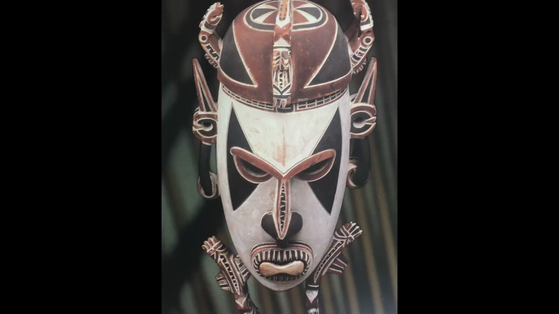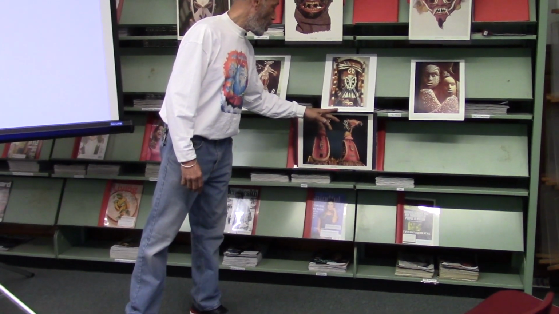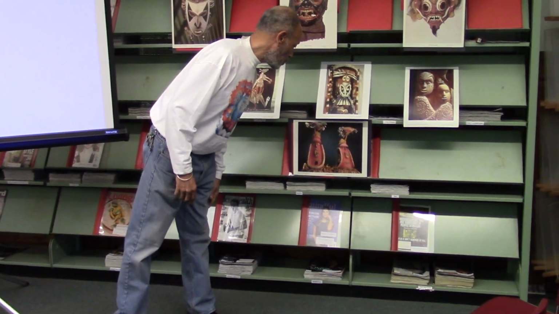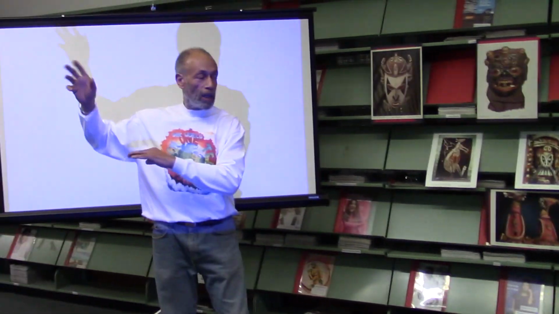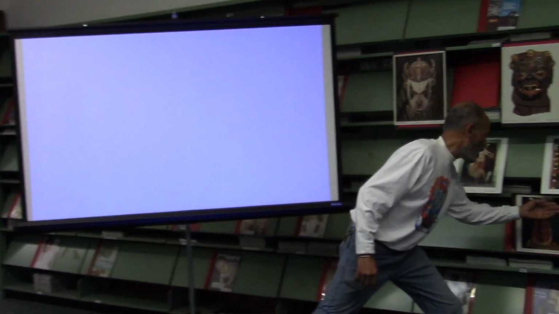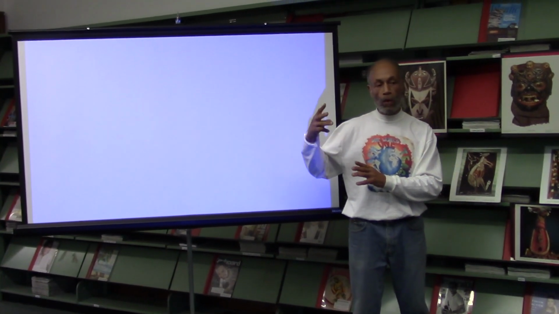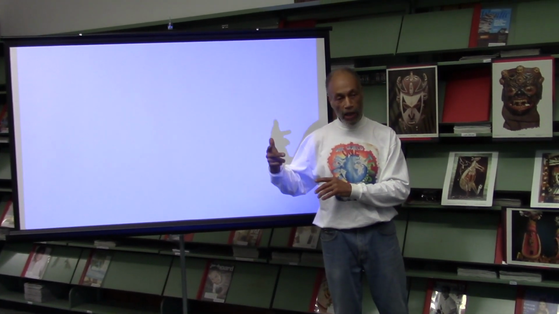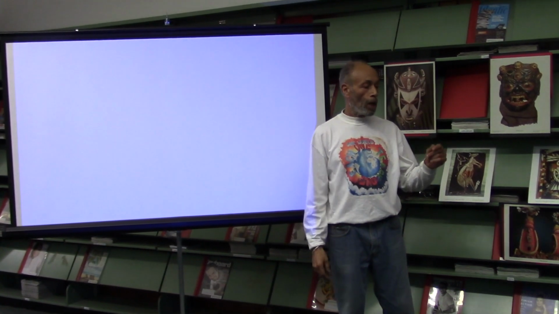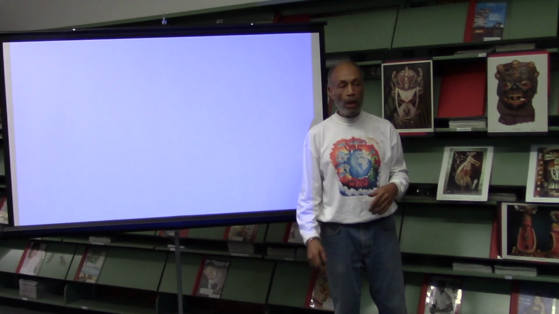To me, they remind me very much of African masks, but they're not. This is Papua New Guinea. This one, I believe, is the same. It's also Papua New Guinea. Yeah, no, it's from Melanesia. Melanesia, so it's islands. They did say what island, New Ireland, in Melanesia. As you know, the Pacific Ocean is broken up into three categories: Micronesian, Polynesian, and Melanesian. I mentioned it in the title piece.